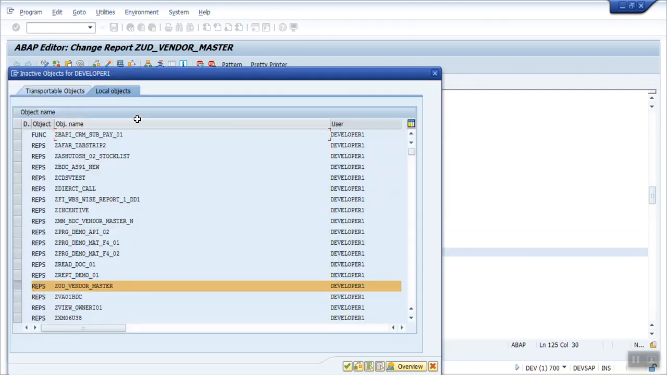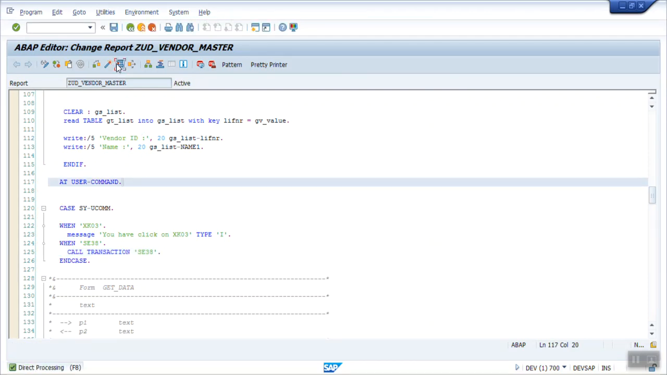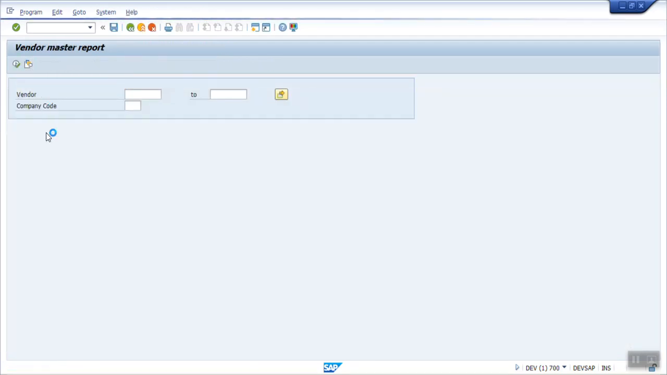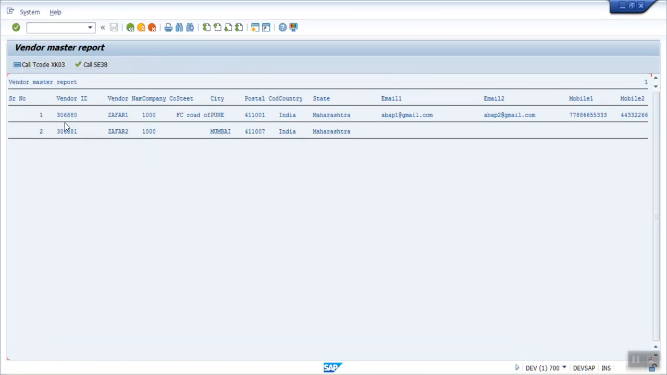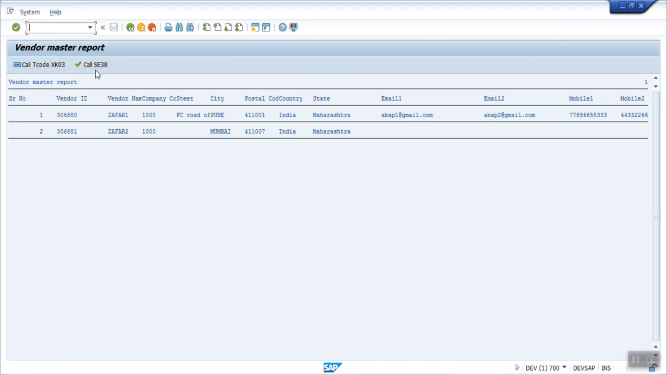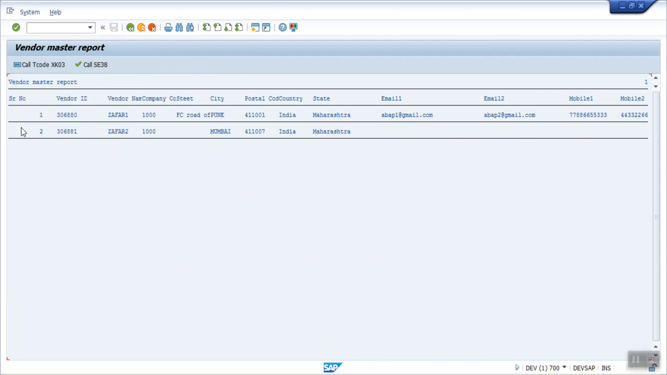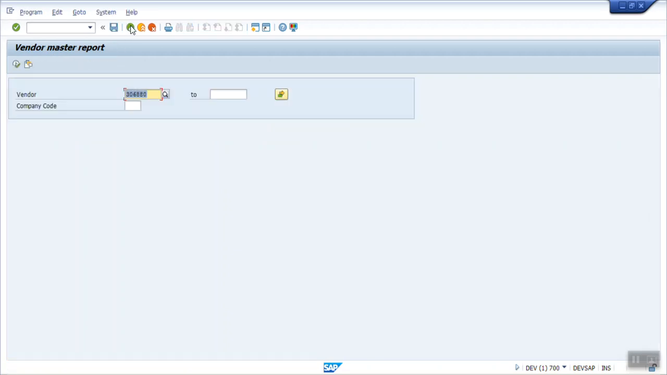So let's check whether this is working or not, that is at user command. Select test data. If I click here, so you can see if I click XK03, and if I click on call SE38, so you can see the ABAP editor is called, and still our line selection will work. If I click here, now